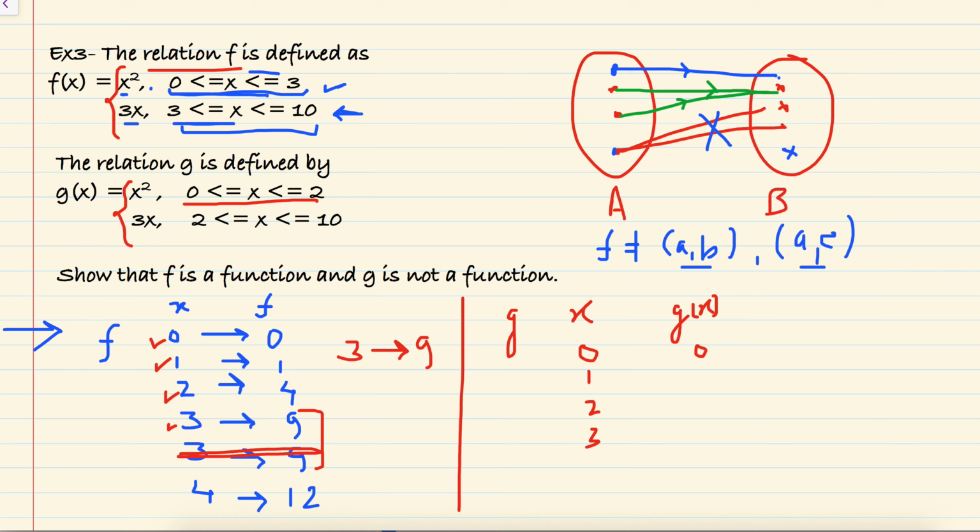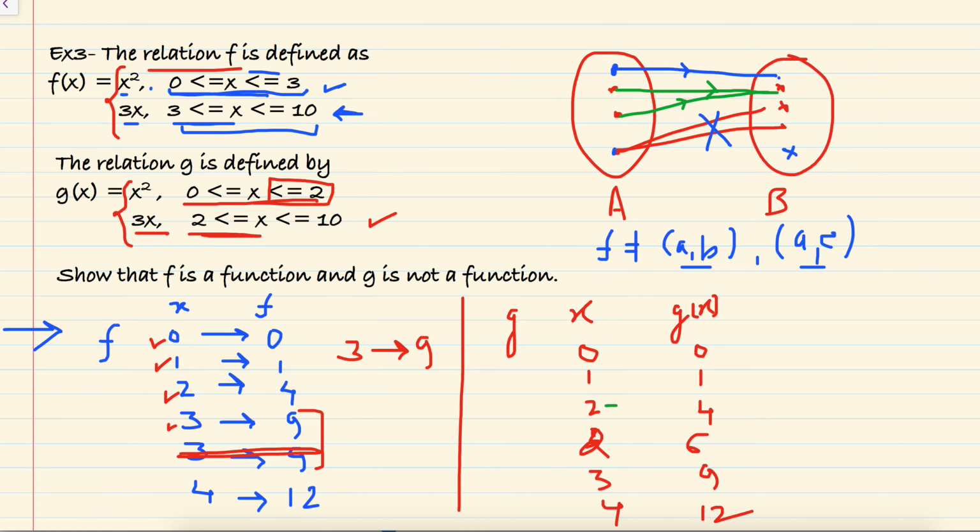So 0, 1 square is 1, 2 square is 4, because 2 is included in this set, less than or equal to 2, but 2 is also included here. So for 2, using this formula we get 6, and for 3, now 3 is more than 2, so it will be defined using this, 9 and 12. So all other elements will have just one image,